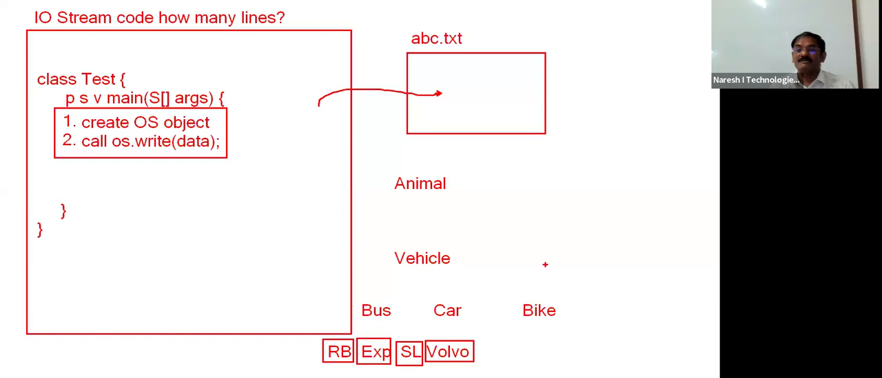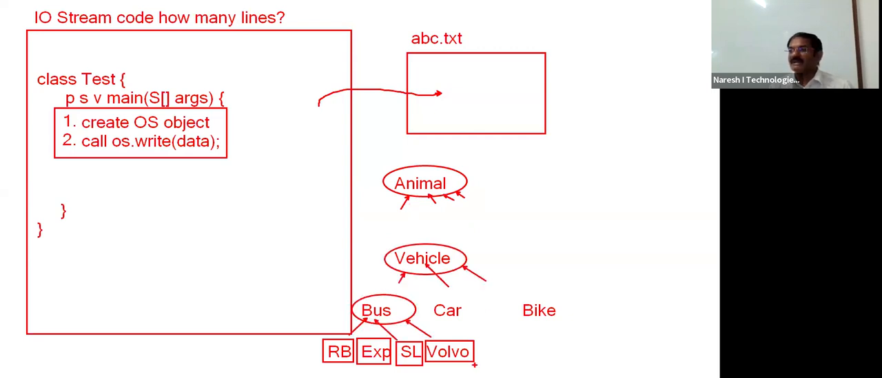Then tell me now. Very, very important. Animal means what? Super type. It has what? Subtype. Vehicle means super type. It has subtype. Bus means what? Super type. It has what? Subtype. Similarly,